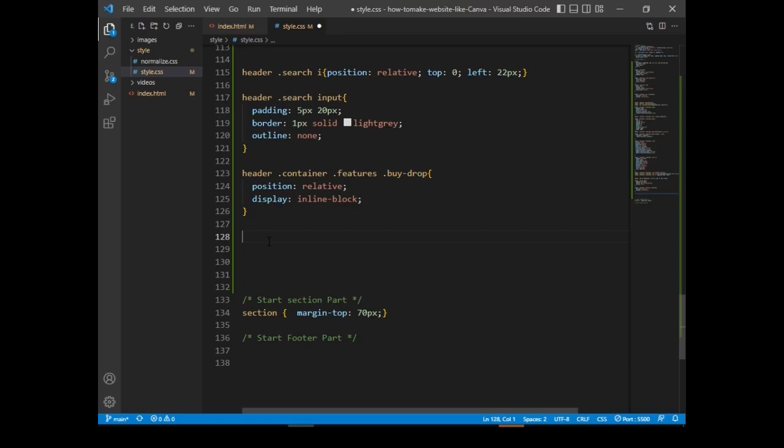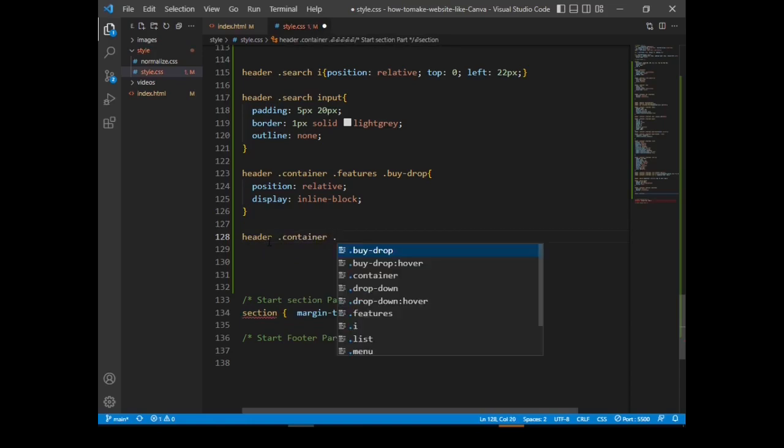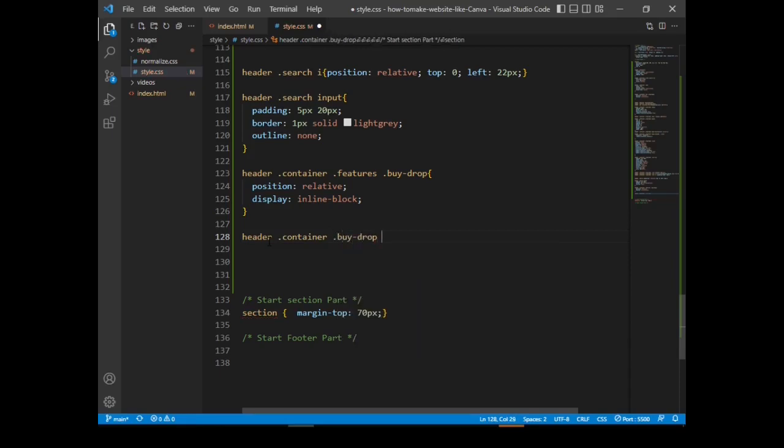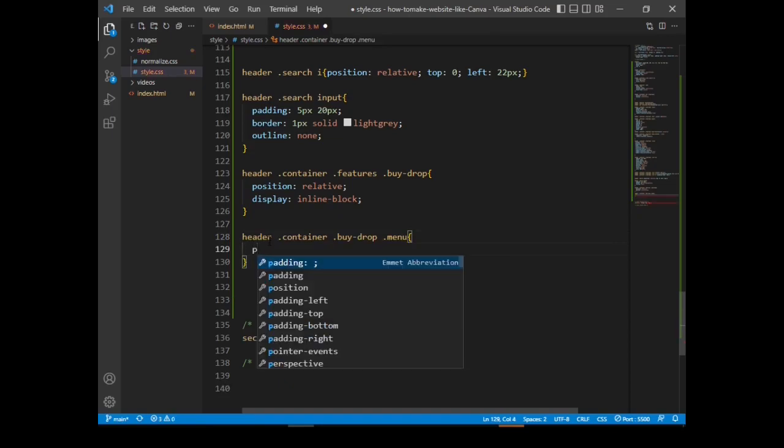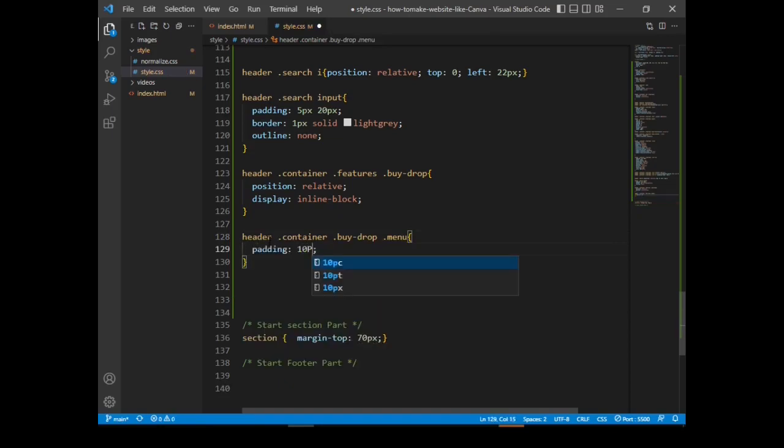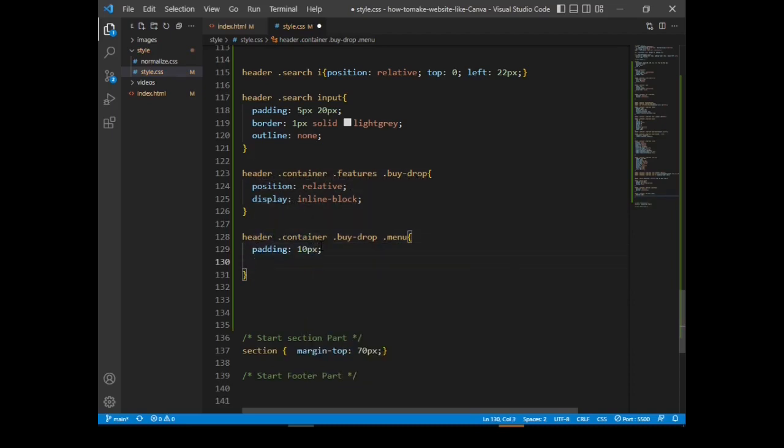Okay, let me say header dot container dot by drop dot menu. Let's have a padding of 10 pixels on all sides. Let's also have a border radius of 4 pixels.